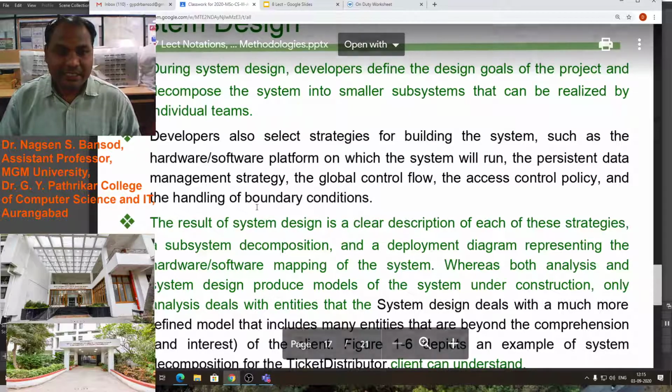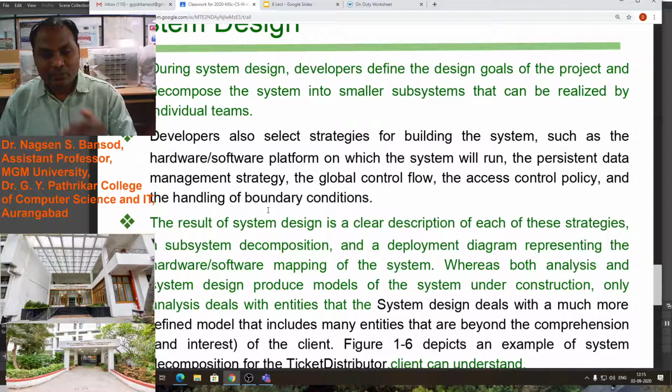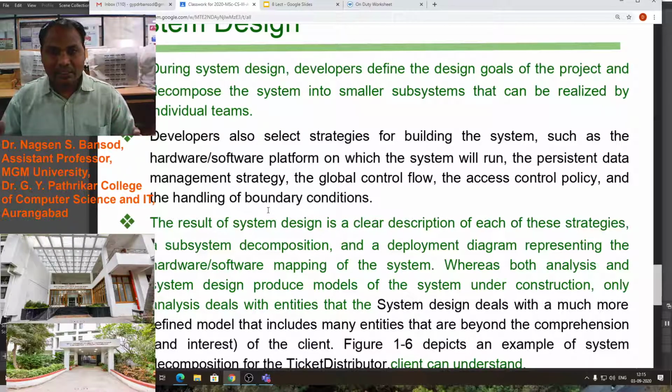The persistent data management strategy: he has to select how the data will be stored and retrieved. Is it required to store on the server or only in the machine?